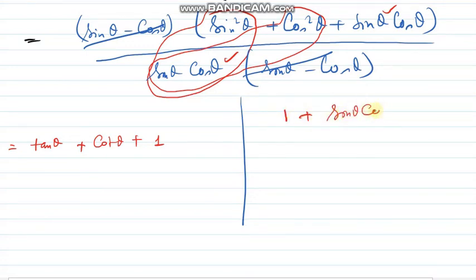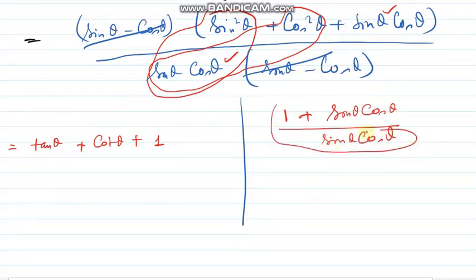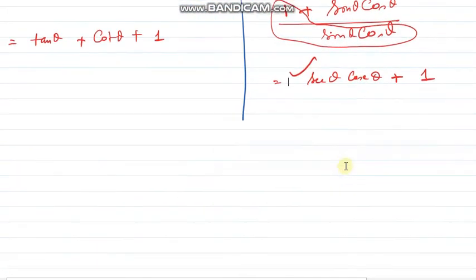In the same sum, if I use sin square theta plus cos square theta is 1, so 1 plus sin theta cos theta divided by sin theta cos theta. So 1 divided by this, what I will get is 1 divided by sin theta cos theta, that will be sec theta cosec theta. This by this, that will be 1. So the proof can come this way also. It was not given in the proof, but I am just showing you this proof.